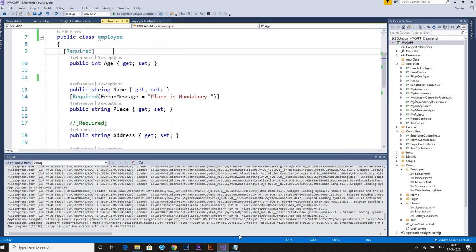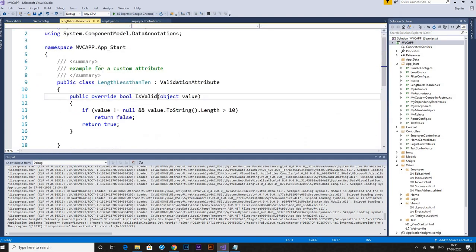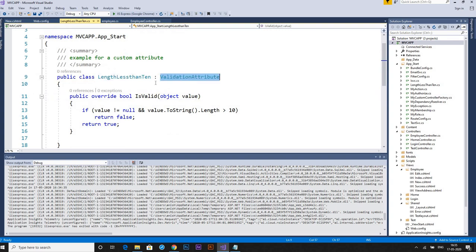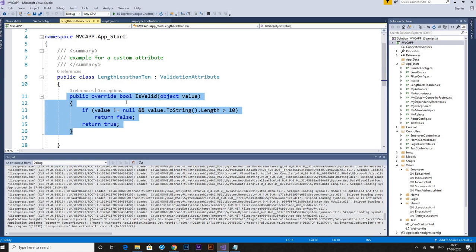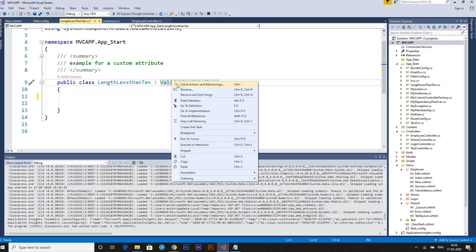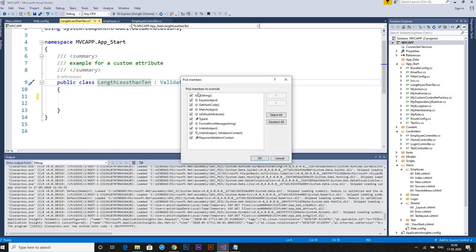We can make our custom validations by overriding the validation attribute. So I am going to create one. Here I am creating one validation attribute. When I create the validation attribute, I give quick actions and tell it to generate overrides.